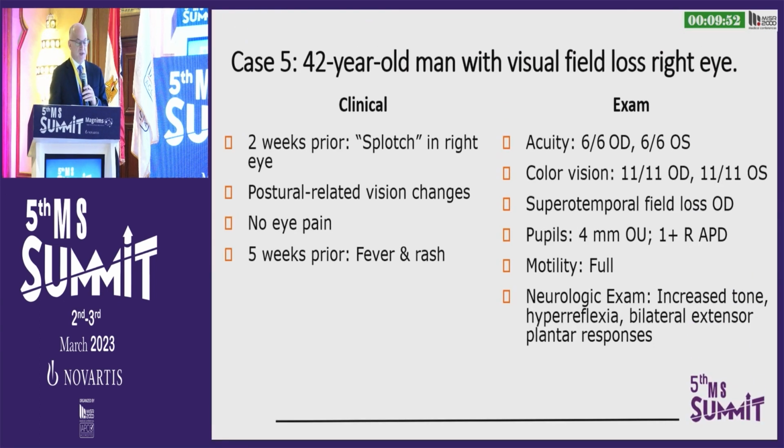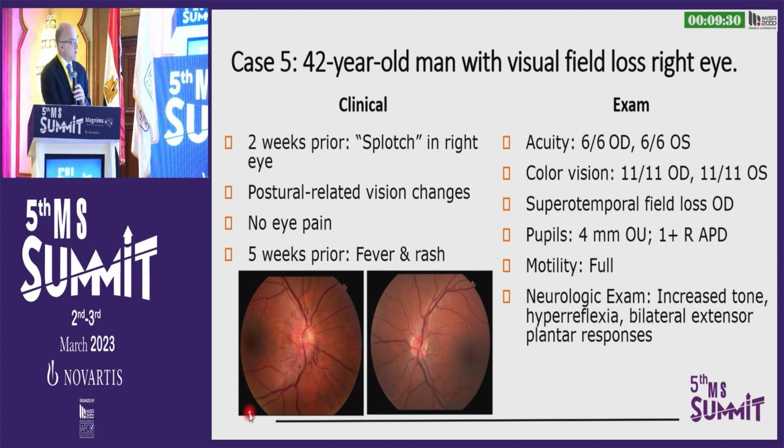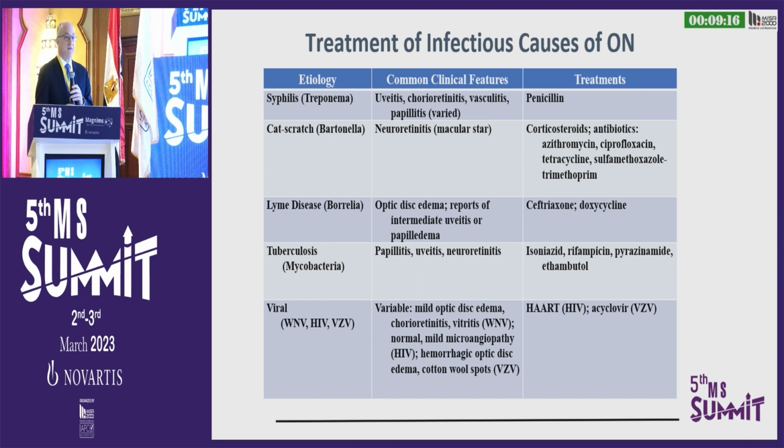A 42-year-old man with a splotch of visual change in the right eye, even though he has normal visual acuity, he still has an afferent pupillary defect pointing to the optic nerve being involved. And he had 5 weeks prior a fever and a rash with some increased tone and hyperreflexia on examination. Fundoscopic exam first shows swelling with hemorrhages in this right optic nerve, and serologic presentation was positive for an FTA-ABS for neurosyphilis. So this is an example of syphilitic optic neuropathy, and I just want to point out that